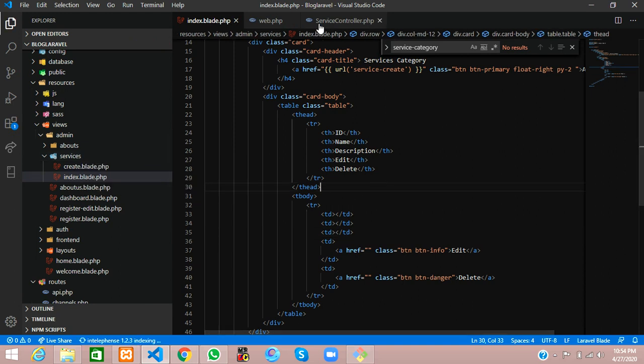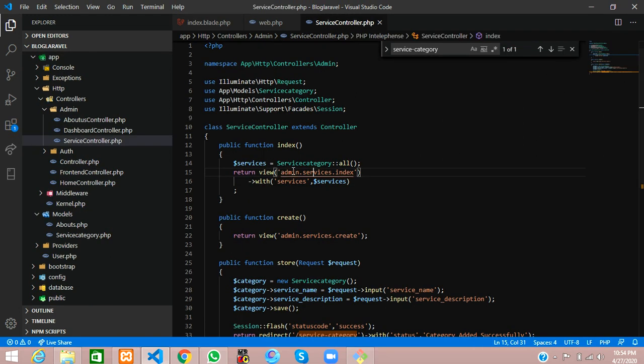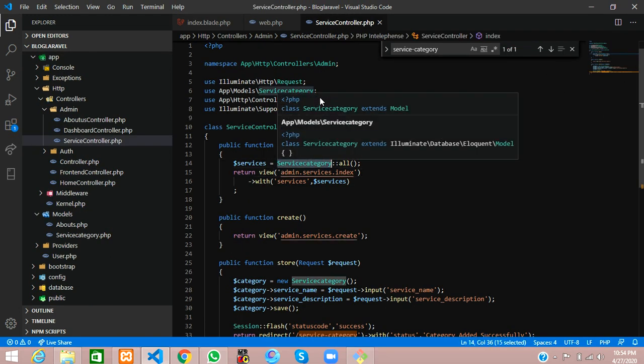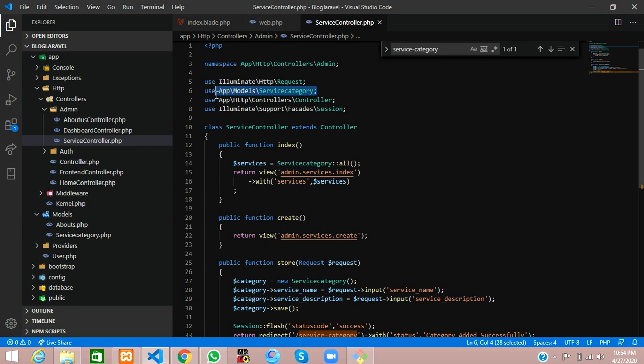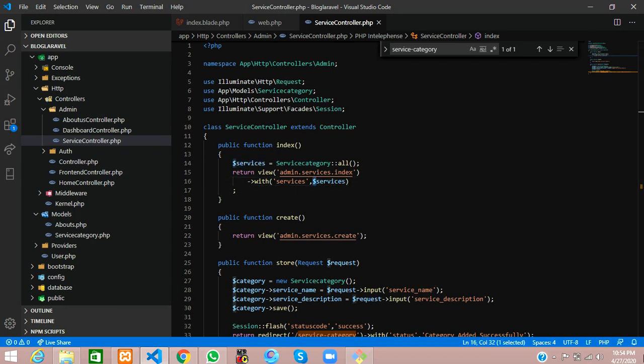After this, make sure you include the model at the top: the app folder, Models, then ServiceCategory. That is included and everything is fine. Let us copy this variable which you are passing to the page, Control C, and go to your index page.